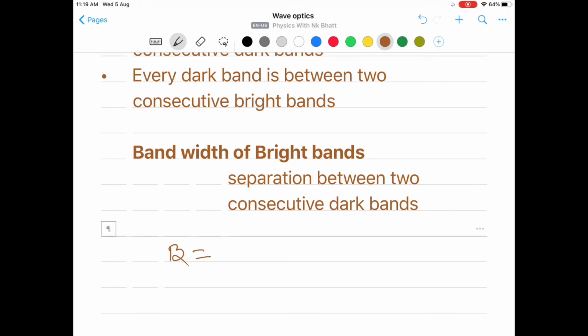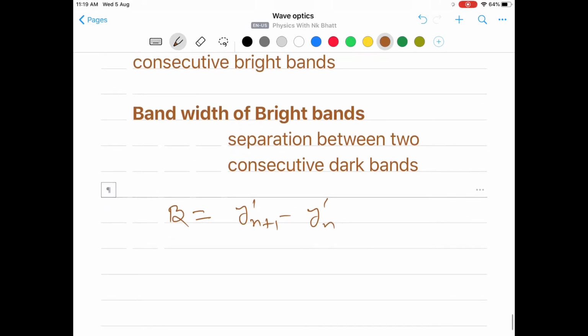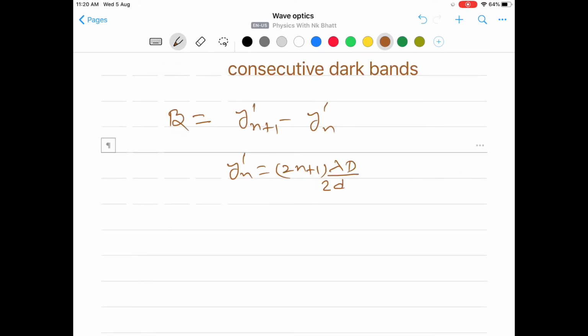This we denote by beta. So beta is equal to y dash n plus 1 minus y dash n, where these two are the positions of two consecutive dark bands on the screen. y dash n is equal to (2n plus 1) lambda D upon 2d. This is the formula for the position of the dark band, and